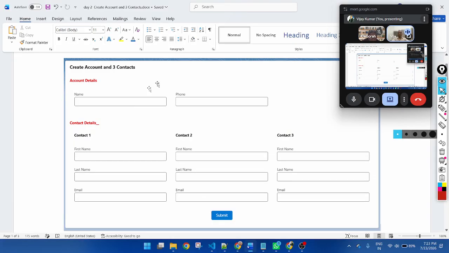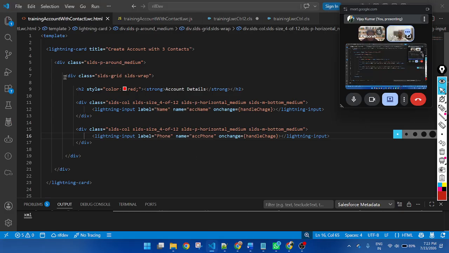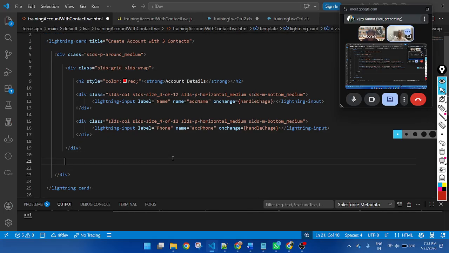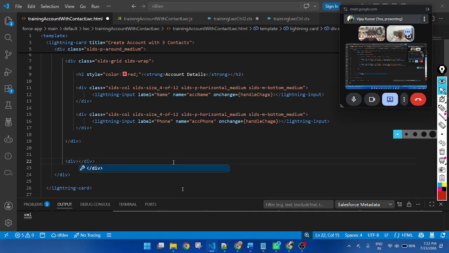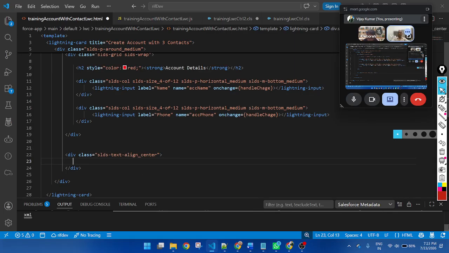So currently I am creating the first section. Later I will create the contact detail. Now let's create a submit button. This is a wrapper, this is a P here. Create a div with class equal to SLDS text align center.